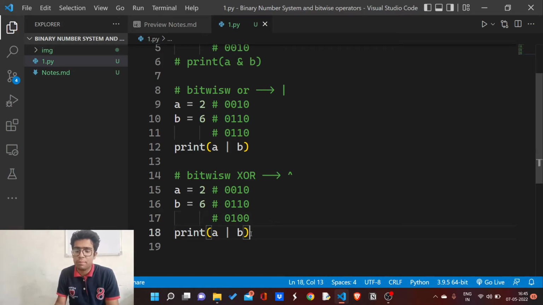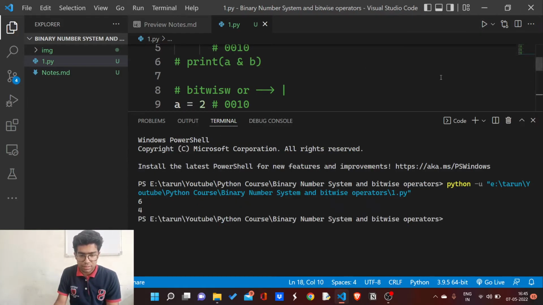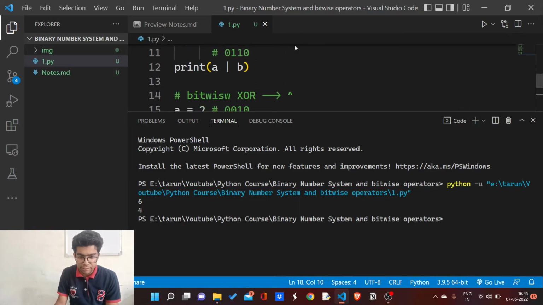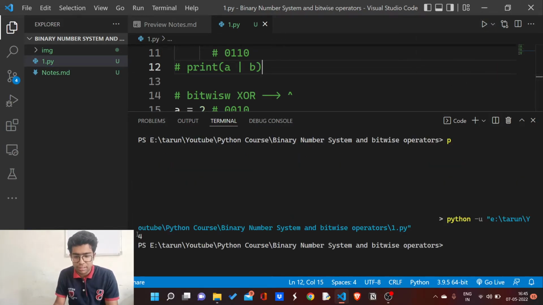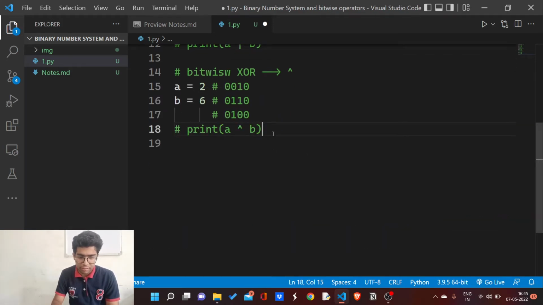Now its output will be 4. Let me put the XOR symbol here. As you can see, okay, I didn't comment it. Let me comment it first. As you can see, my answer is 4. Now I will comment this also.